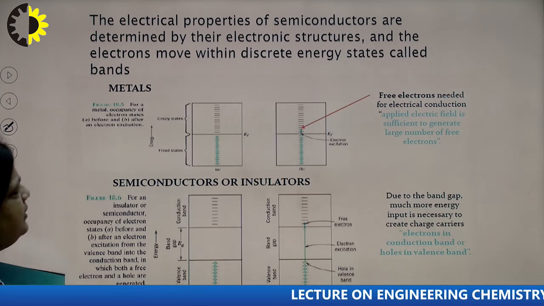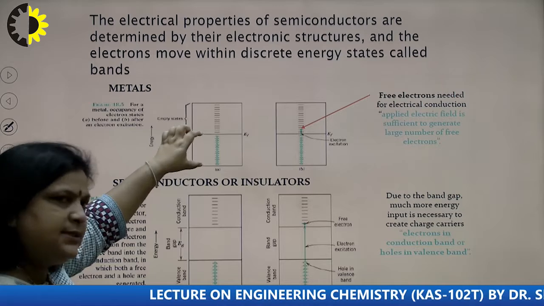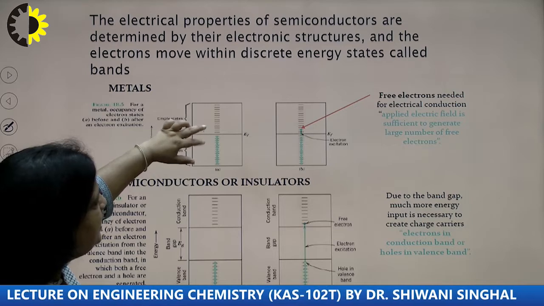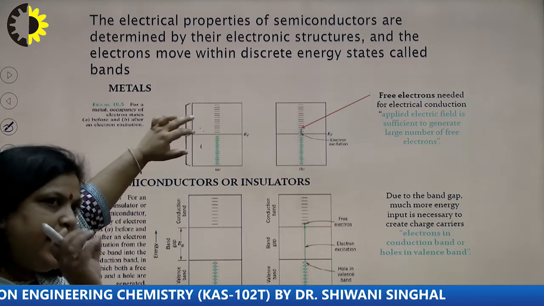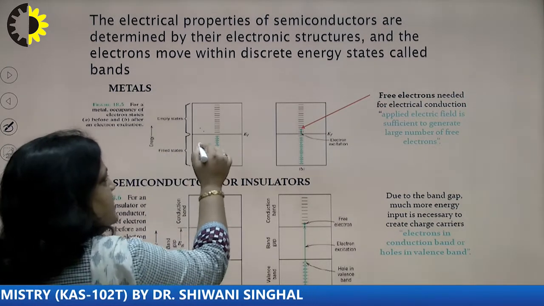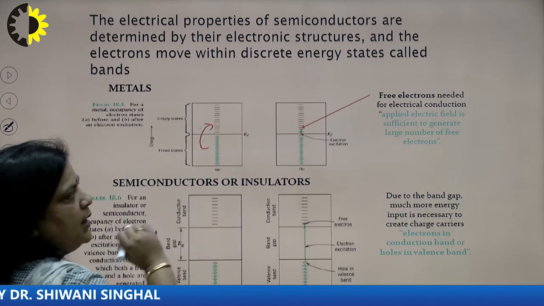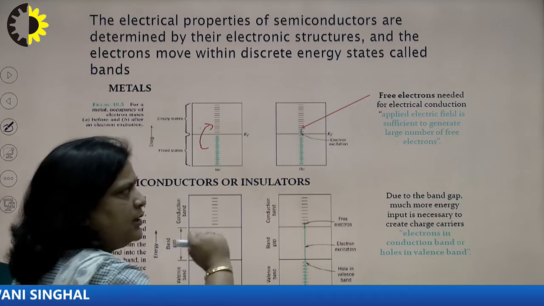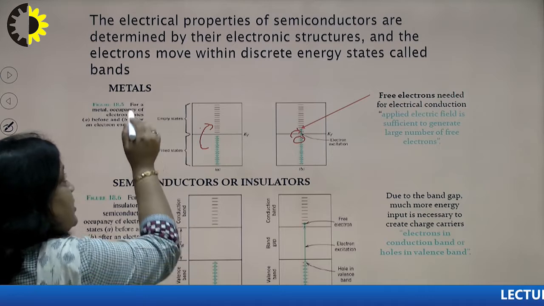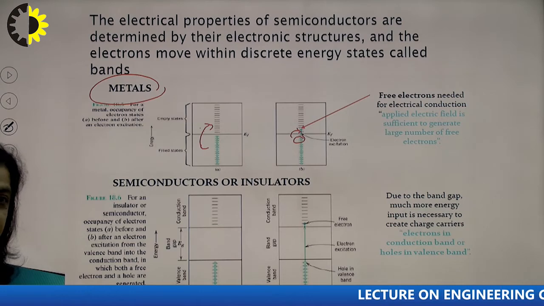So, in case of metal, we see that both states, the filled state meaning valence band and the empty state meaning conduction band, are overlapped, or we can say the gap is very small. In this case the electron excitation is possible, or the electron can easily go from this state to this state, and when we apply a slight field, a hole gets developed and the electron moves here. Materials which have this type of property are classified as metals.